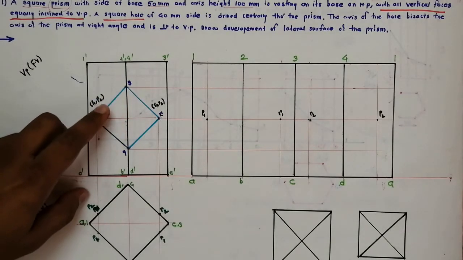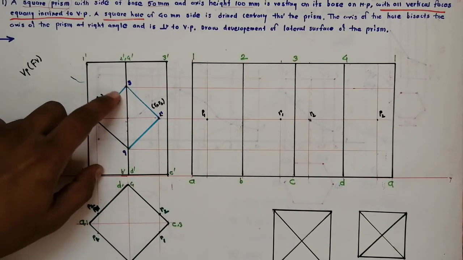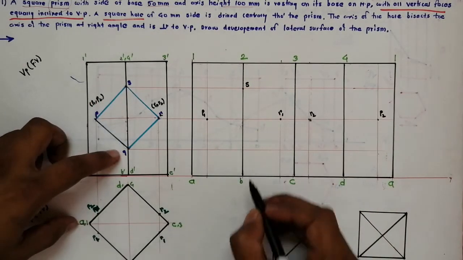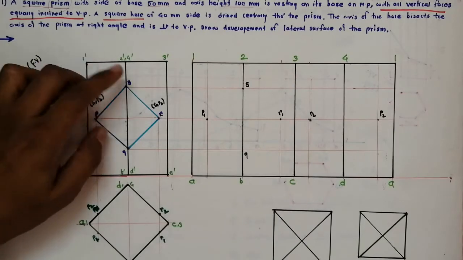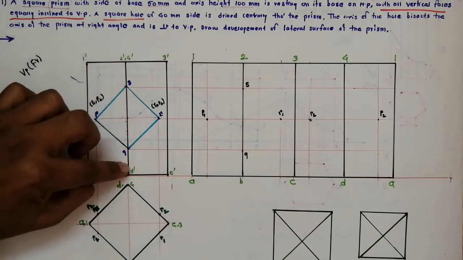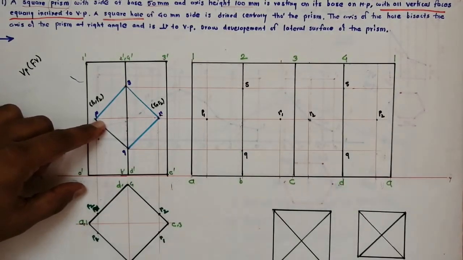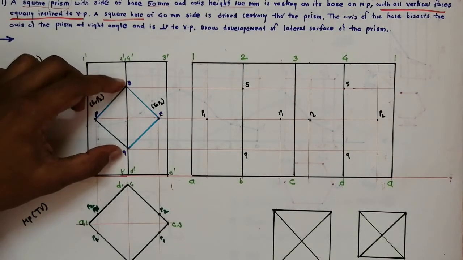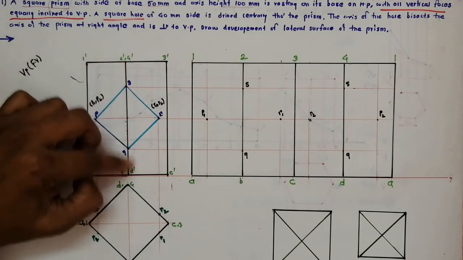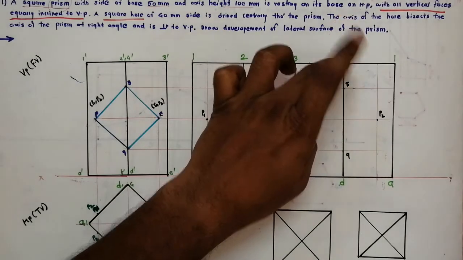Now this is Q and S. It is on BD and D4, so that point comes here. This is S, this is Q. Similarly, this S and Q is on B2 and also on D4. So here also this is S and Q. Okay, so we have to be very careful about these 2 points. This S and Q is on both B2 and D4. So SQ is on B2 and SQ is on D4.